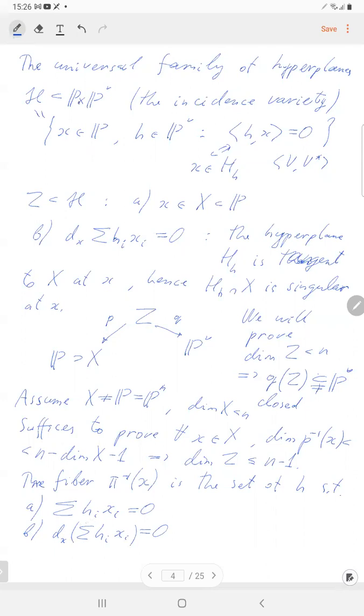So the first condition is that the point x does lie in this hyperplane. The second condition is that this hyperplane is tangent to the ambient variety at this point. Okay. But now you see locally, so the whole thing happens in the projective space, but this question is already local, and we may assume that everything is in the affine space, say in some affine chart containing this small x